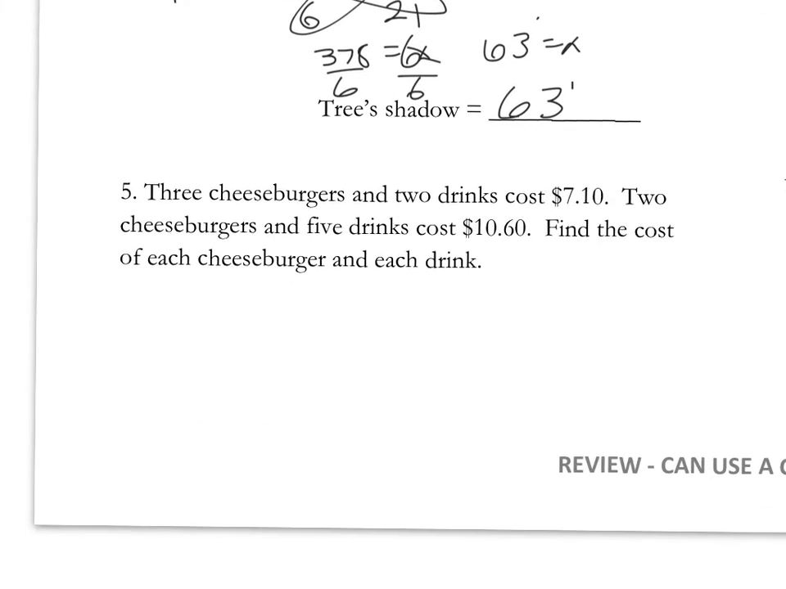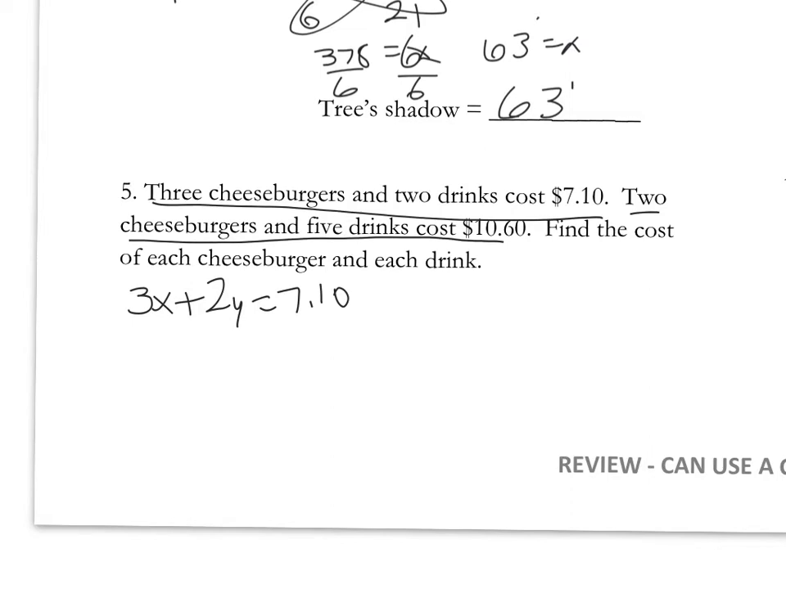Okay, 3 cheeseburgers, 2 drinks equals $7.10. So this is a system of equations. 3x plus 2y equals 710, and then 2 cheeseburgers and 5 drinks cost 1060. So 2x plus 5y equals 1060. Okay, I'm going to multiply by a number so that I can get the same coefficient for one of the variables. So if you look at 3 and 2, if I multiply each one by the opposite of each other,